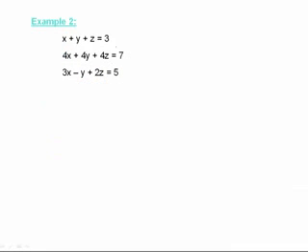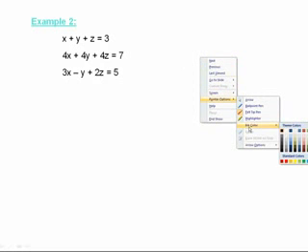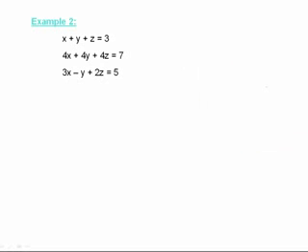All right, so we've got another example here. Okay, example 2. And we got to look at it carefully to decide which of these variables is going to be the best to eliminate? I think I'm going to try to eliminate the y's because the y's look like I can multiply fairly easily to do that. So I'm going to take the first 2 equations and I'm going to multiply the top by